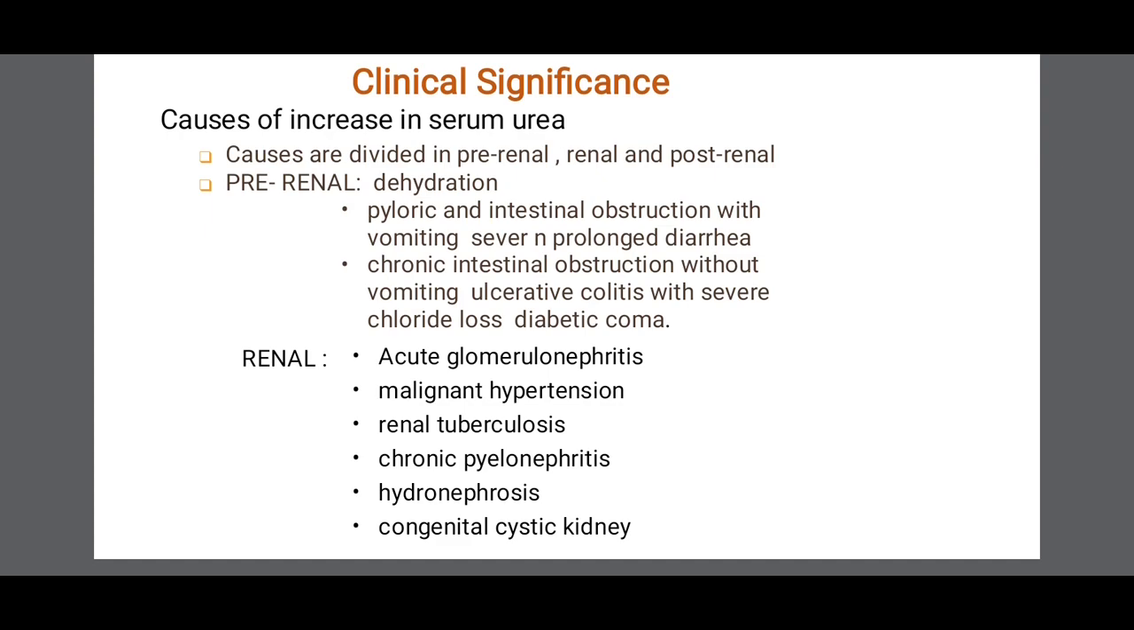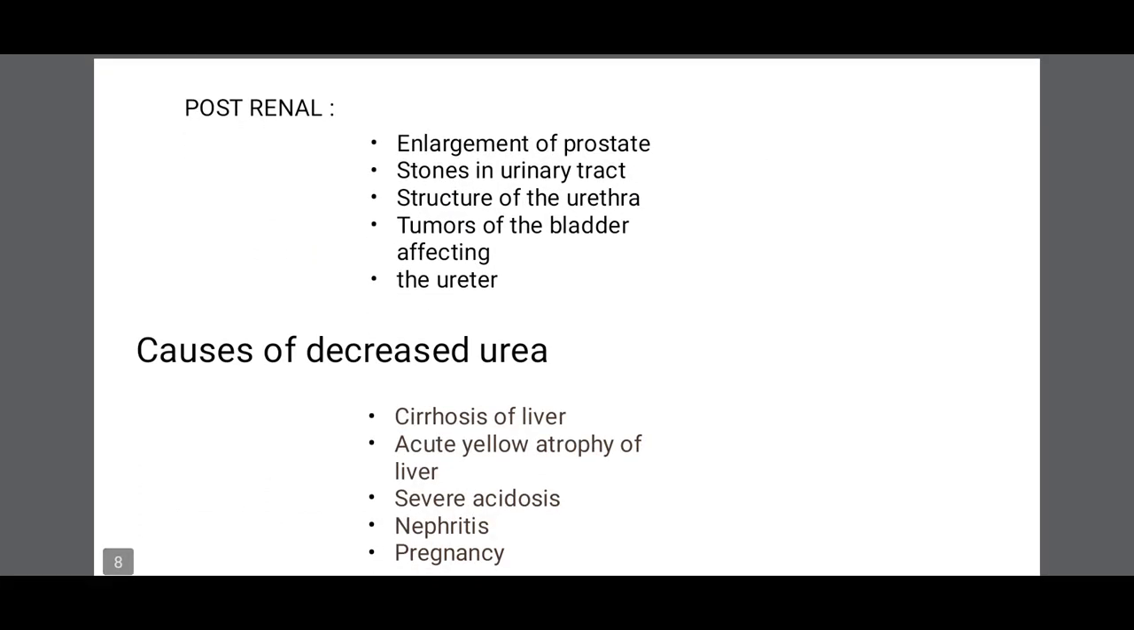serum urea level. And under the renal causes: acute glomerulonephritis, malignant hypertension, renal tuberculosis, chronic pyelonephritis, hydronephrosis and congenital cystic kidney. These are the causes for the increase in serum urea in the renal category. As post-renal causes: enlargement of the prostate, stones in the urinary tract, stricture of the urethra and tumors of the bladder affecting the urine. So any cause of obstruction to urine outflow will cause an increase in serum urea